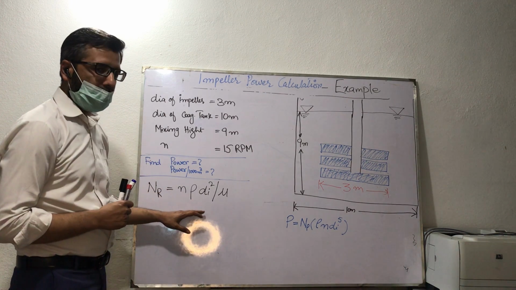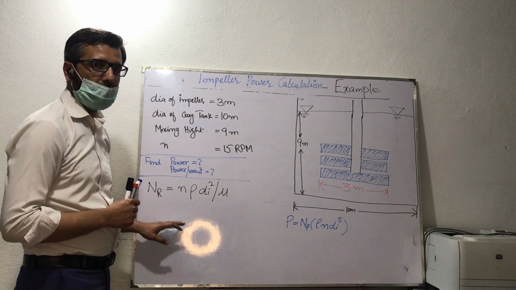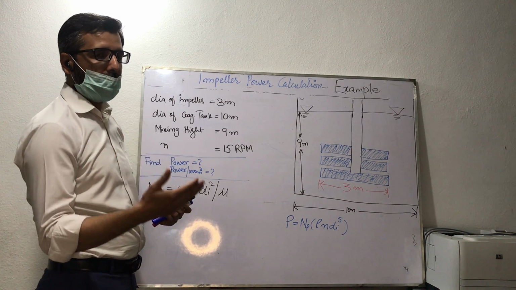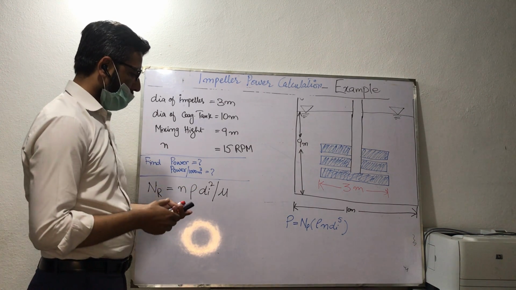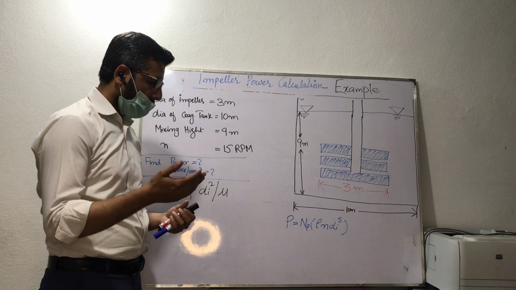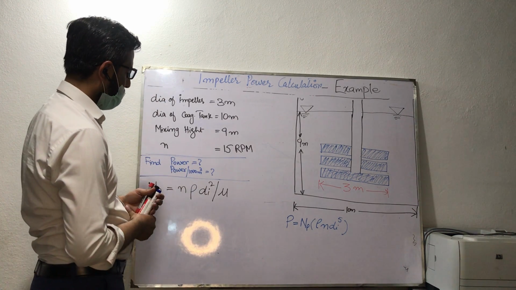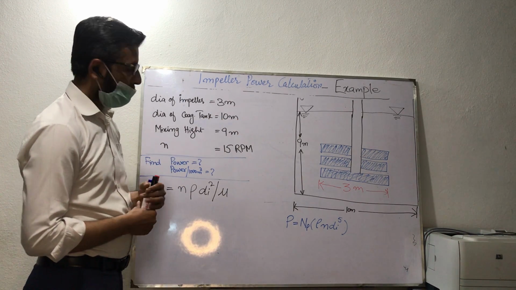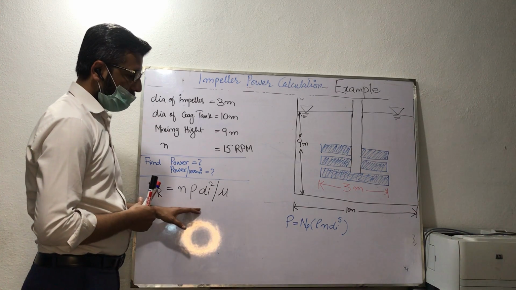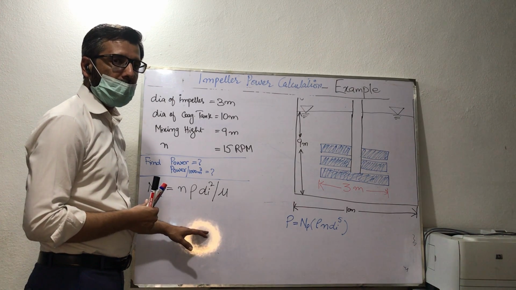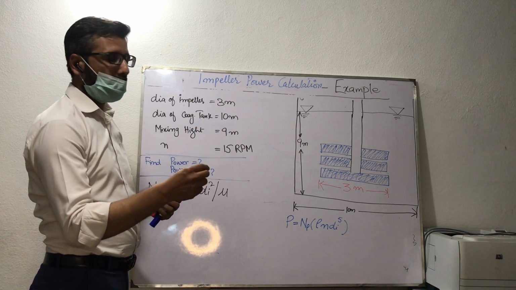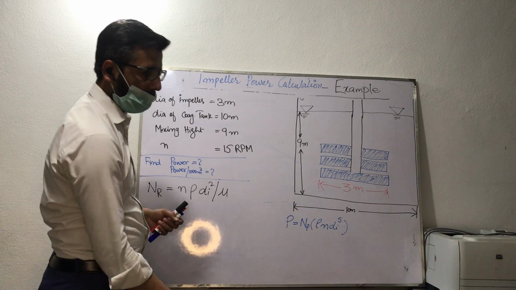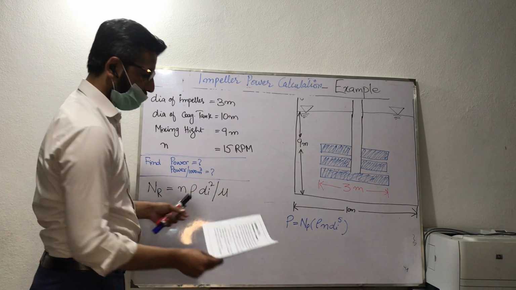For that we can use the Reynolds number. We have to calculate the power, and there is a graph which is given in terms of Reynolds number and the power function of the water coagulation chamber. So we can calculate the Reynolds number first, then we can use this Reynolds number to look at the power function's value on the graph which is given in this curve. I would be sharing this curve with you as well.